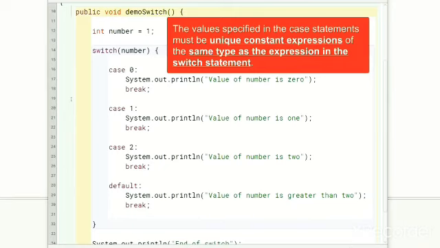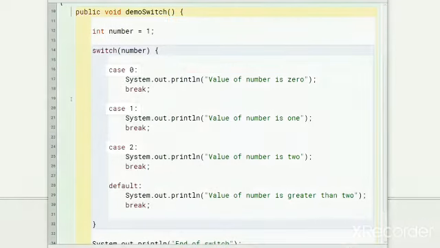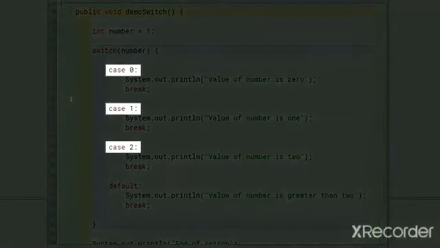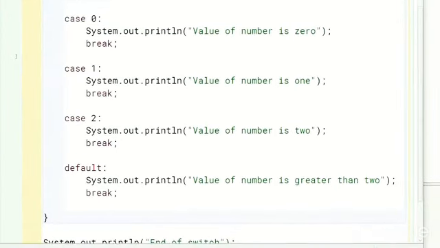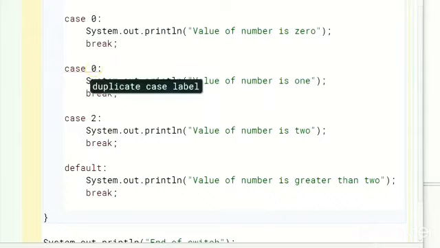the switch statement. This point that I just mentioned about values of case statements has three important things in it. You must understand and remember them. First is that these case values should be unique. You cannot have duplicate case values within a single switch statement like this. It will cause an error.